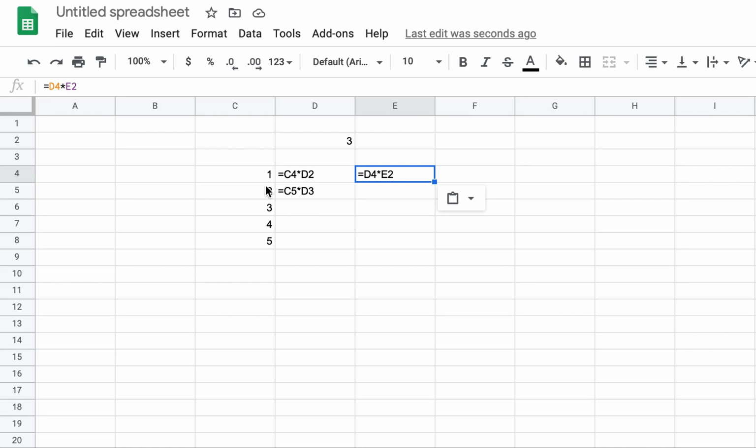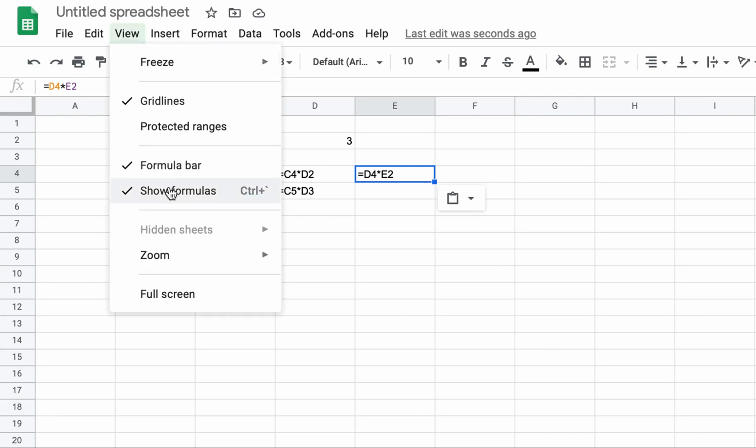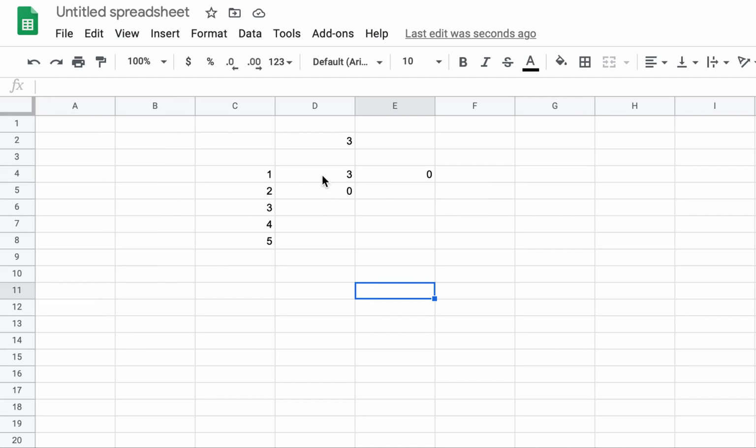So now if I go back from the formula view to the value view, you will see funny things happening. Let's remove this 0, this is 1. So 2 multiplied by 3 has come as 0. We know that 2 multiplied by 3 is not 0. So what do we do? Right? And we have to do this for all so many things.